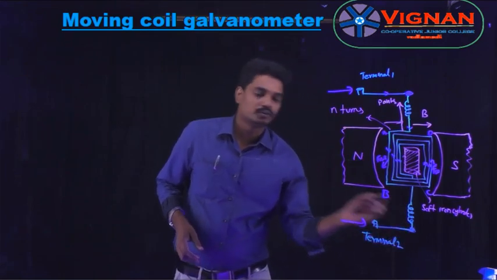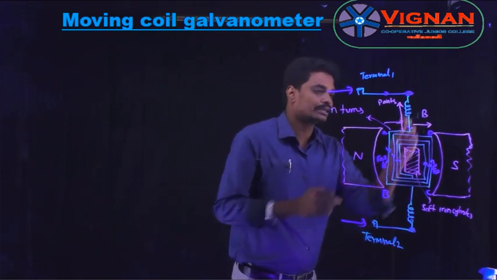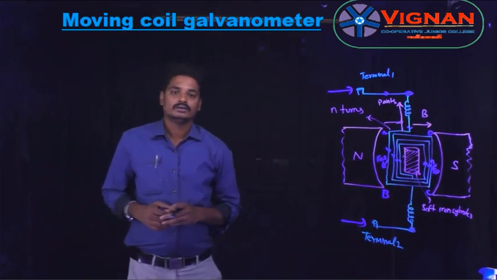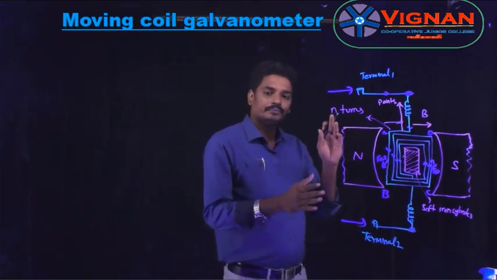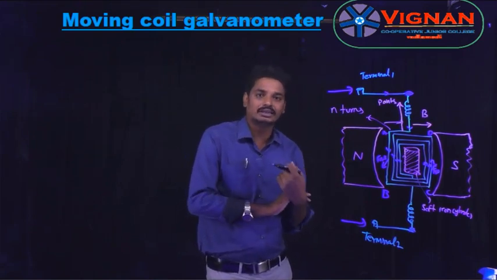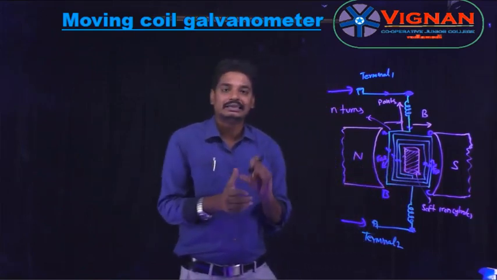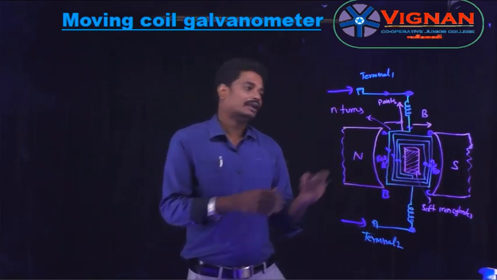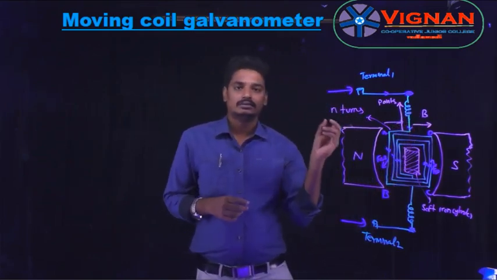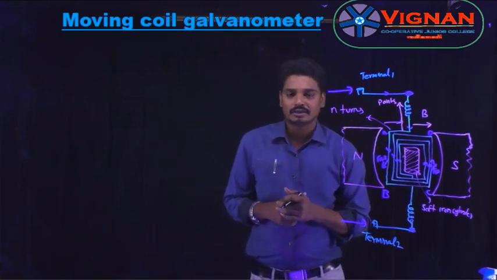As it is pivoted, that is fixed. When both ends are fixed and this rectangular loop is rotated, both these springs are twisted. From this, a rotating torque is produced, or a restoring torque is generated. Here, due to the rotation of this rectangular loop, the deflection torque is generated, and due to this rotation the two springs are twisted, so a restoring torque is generated.